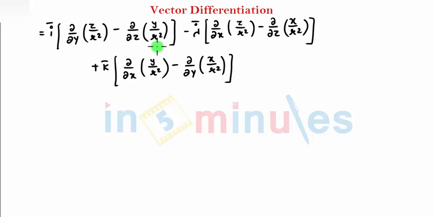Now after this we can say that here with respect to y, here with respect to z, obviously the differentiation will be 0. Here with respect to x, 0. Here with respect to z, it is 0. With respect to x, the function is y, 0. The function is x, 0.